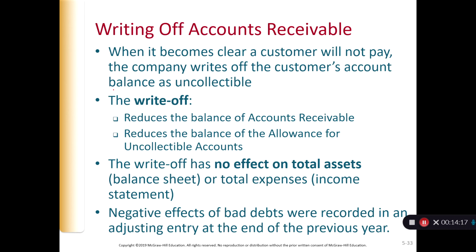So the write-off of an account receivable occurs when the company identifies the specific account that has become uncollectible. In year 1, you're actually estimating it, and in year 2, you really experience that people didn't pay you. So when it becomes clear that the customer will not pay, the company needs to write off the customer's account balance as uncollectible. Because on your books, you still say